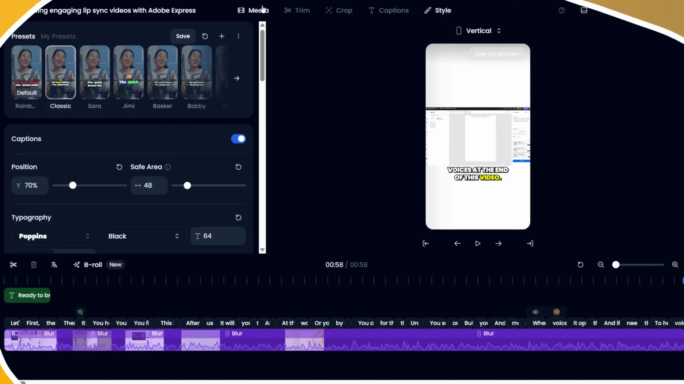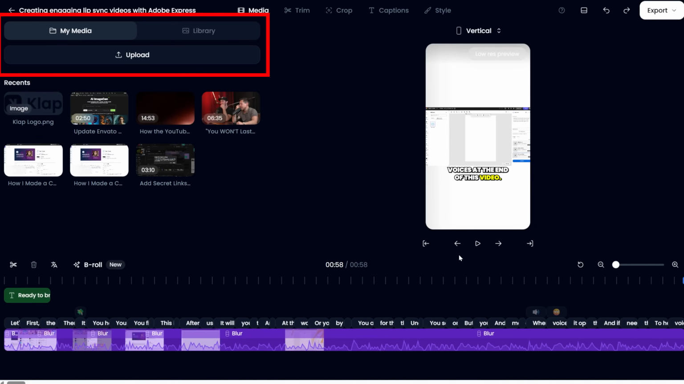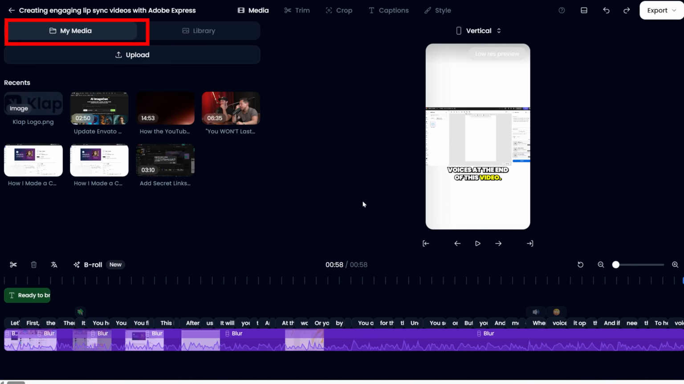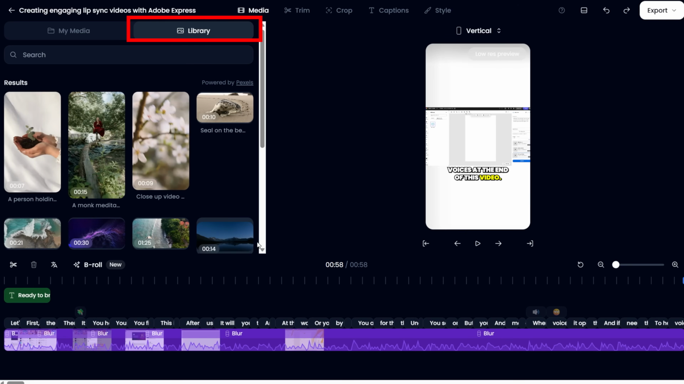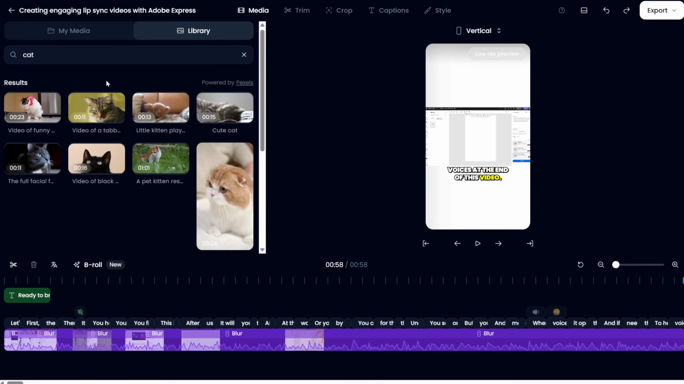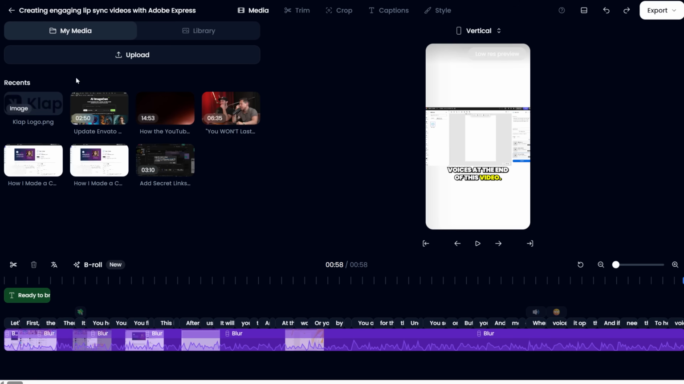Starting with media, click it, and you'll see 3 options on the side. The first one is shown by default. This is your media, the videos you uploaded. Next to it, you have library. These are videos from Pexels that you can use for free and are supposed to be safe from copyright claims. The big button is for uploading new media to your library, so you can use new video clips you got